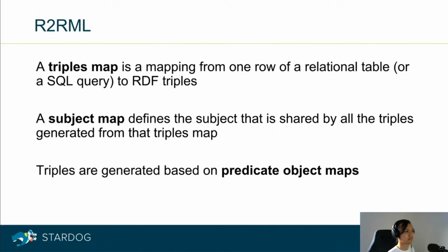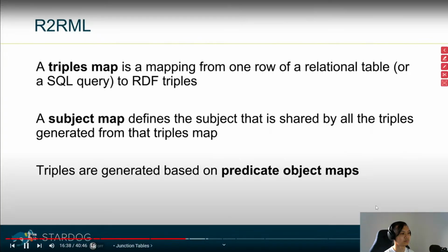So R2RML has some vocabulary to refer to the different parts of the mappings. A triples map is the mapping from one row of a relational table or a SQL query to RDF triples. So what we were looking at with the artist table was one triples map, the album table was another triples map, and so on. Subject map defines the subject that's shared by all the triples generated from that triples map. So a triples map always has a single subject, and the subject map shows you the IRI template, like the artist IRI template, album IRI templates that we have seen. And then the additional triples generated by the triples map are defined using what are called predicate object maps. So basically,